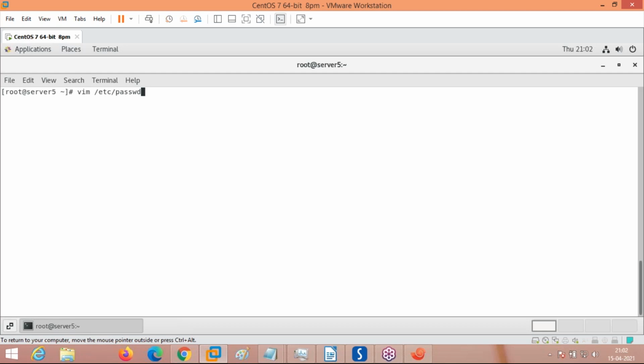This is a text screen editor in the Linux operating system, equivalent to Notepad or WordPad in Windows. Whenever I want to open a text file, I need some editor to open it. VIM is the editor here.